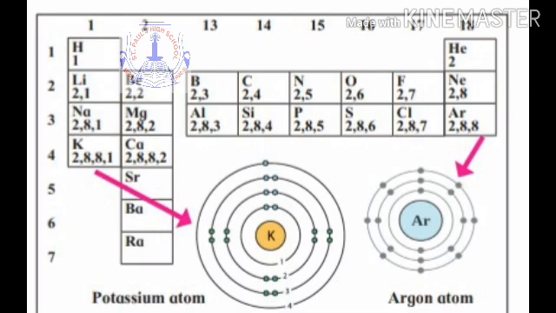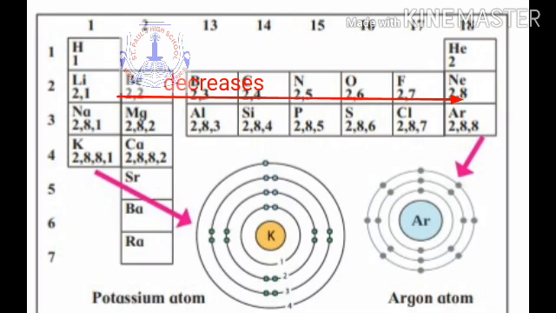But then if you see across a period, for example, see period number 2 here. In period number 2, it decreases. Now why is it going to decrease? First of all, you will see here, in a period, it has got the same number of shells, because the period number tells you the number of shells. How many shells are present in the atom, that is told by the period. So every element in period number 2 has two shells. If you go to period number 3, every element will have three shells.